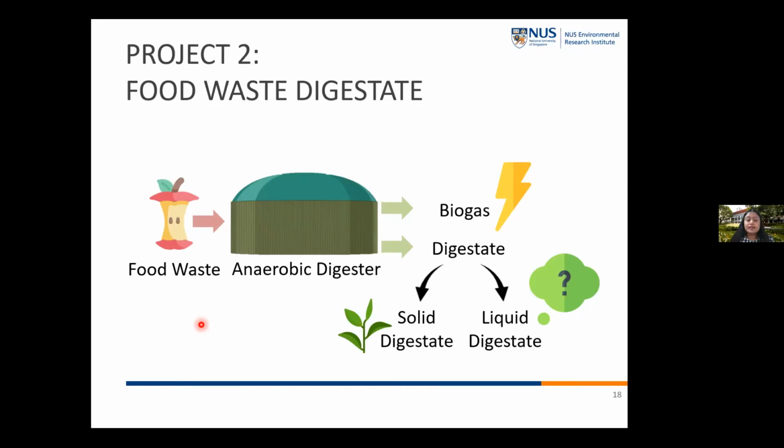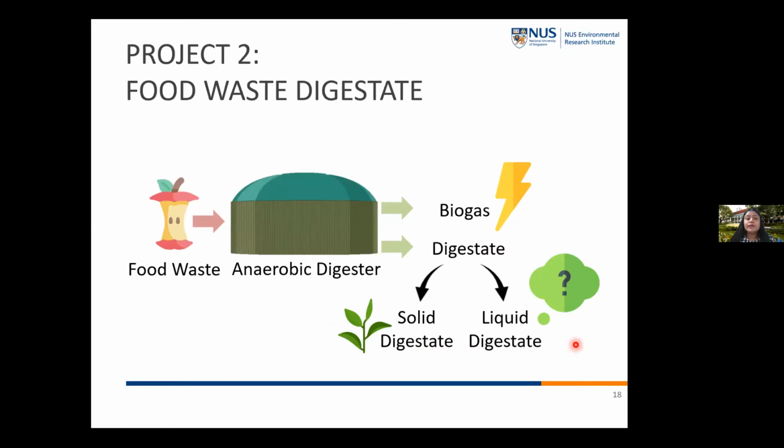Now, food waste is a very important problem in Singapore. Singapore generates around 740,000 tons of food waste per year, and the recycling rate is around 20%, so it's quite low. So what my colleagues at E2S2 Create are doing is treating this food waste using an anaerobic digester, generating biogas and digestate out of it. If you separate this digestate into solid and liquid, the solid part can be used to grow vegetables as a biofertilizer, but the liquid digestate still needs to be treated. This is where we came in.